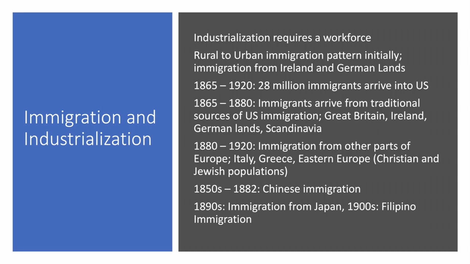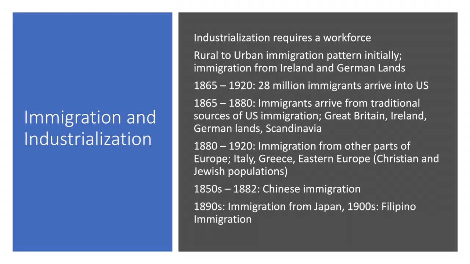You have to understand that these immigrants, not all of them, but the vast majority of them, are going to get married and have families, and so these immigrants are going to spawn even more population growth in the United States. It is estimated that most Americans can trace their ancestry in this country, their heritage in this country, back to this time period, 1865 to 1920, and this explosion of immigration. I know for a fact that on my father's side, this is how my family came into the United States. During this time period is when my father's family came to this country. They were not here prior to this boom generated by industrialization.